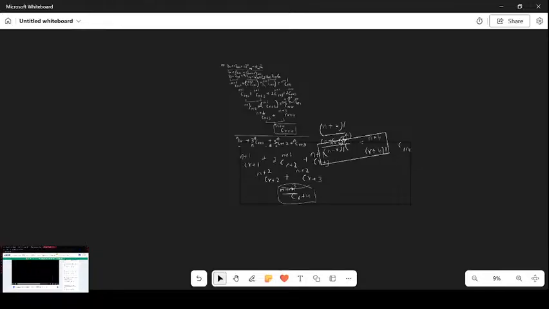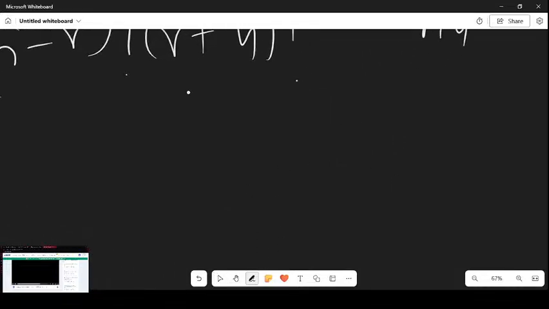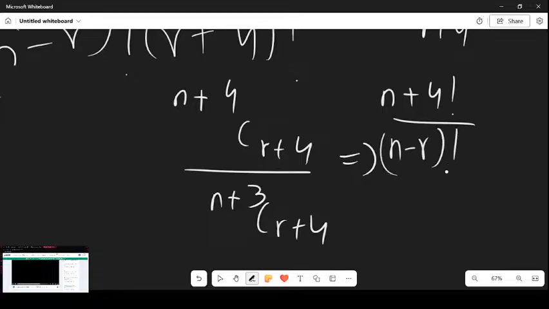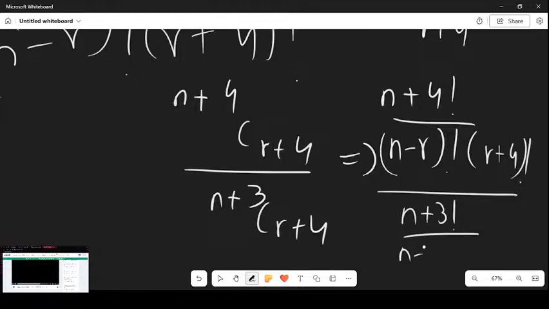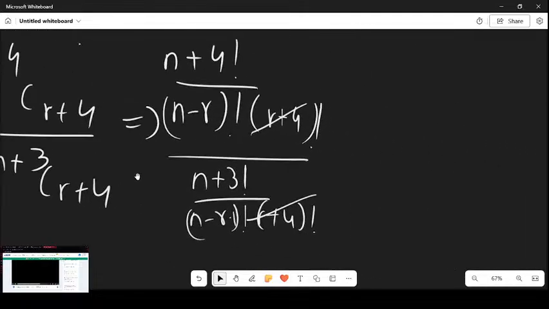Okay, from next question onwards we will just, okay, n plus, what did you get, m plus 4 Cr plus 4 divided by m plus 3 Cr plus 4, which can be written as m plus 4 factorial n minus r factorial n factorial r plus 4 factorial divided by m plus 3 factorial n minus r factorial r plus 4 factorial gets cancelled, and here we have, what do we have, m plus 4 divided by,